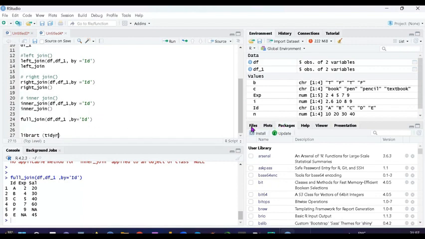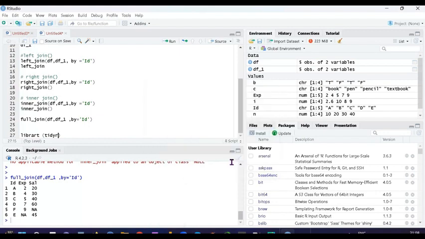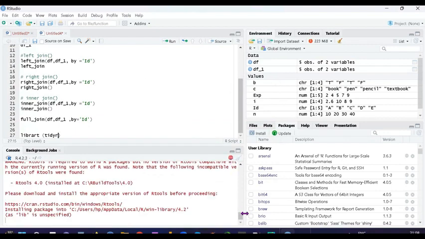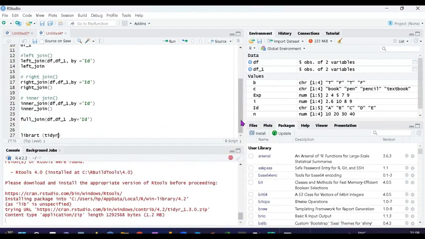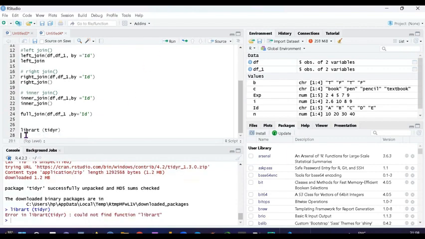So go to the package, then install tidyr. So first install the library. Then if I run it, oh,